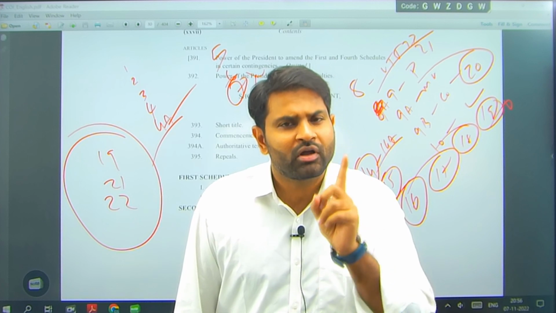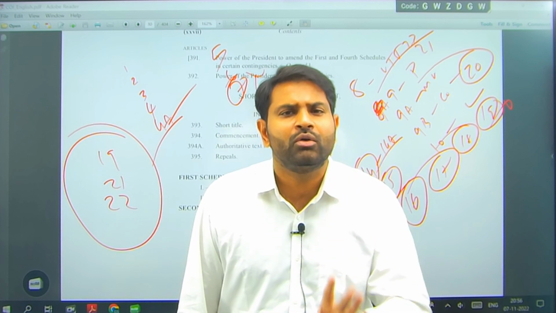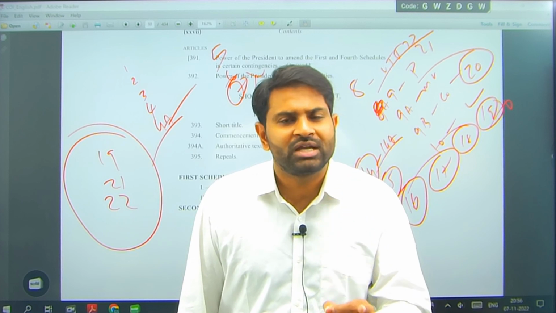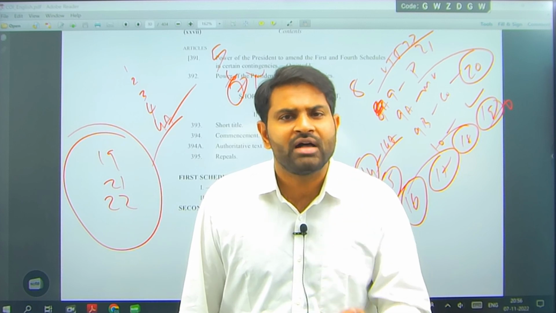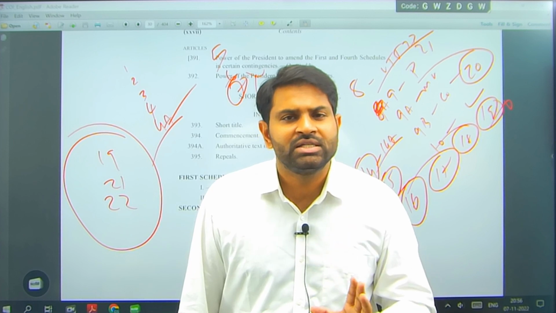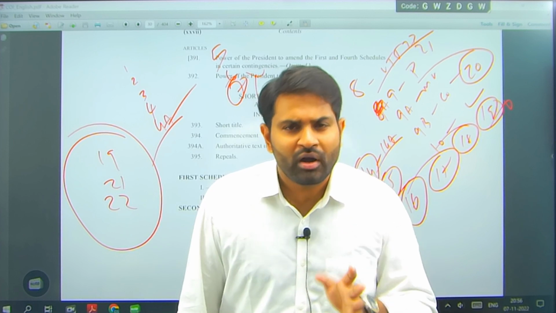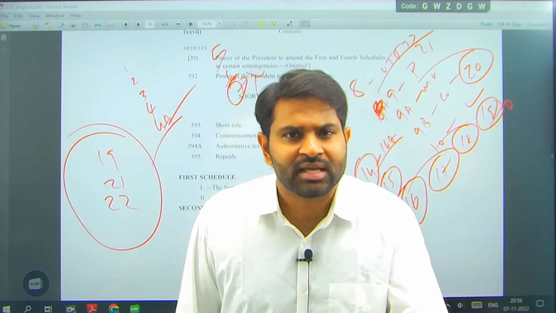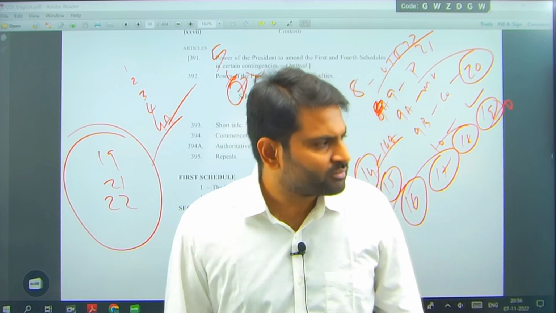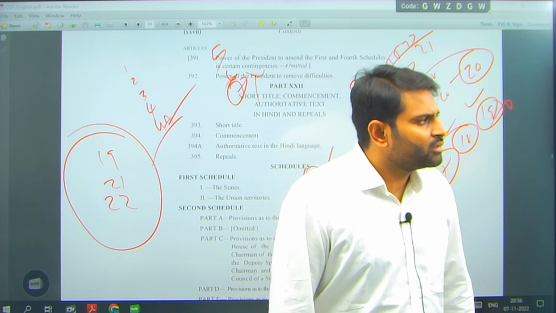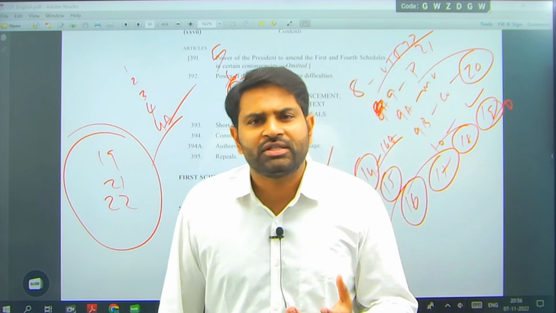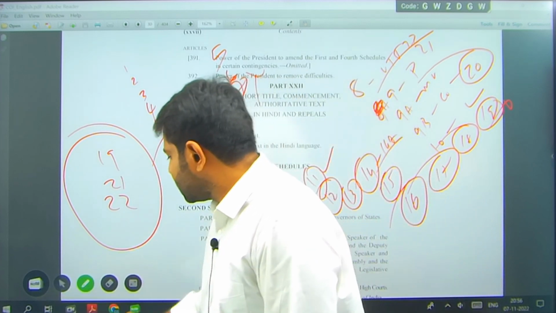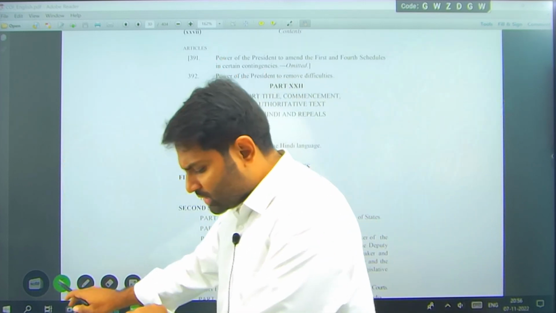Whenever you are talking about the Constitution, when you are talking about polity, you need to quote parts. Without quoting parts, articles, schedules, amendments, ordinances, laws, a polity answer sheet is nothing. There is no point in writing polity answers. Every subject has its own aesthetics. The aesthetics for this paper is this. Right? So if I am a little fast, try to catch up, or slow it down and try doing that. Right? Next, I am going to take up schedules.